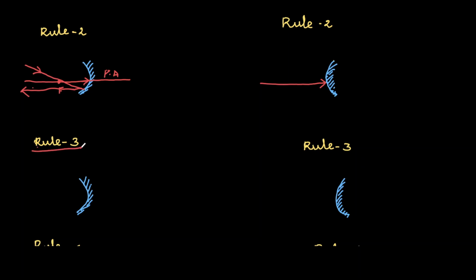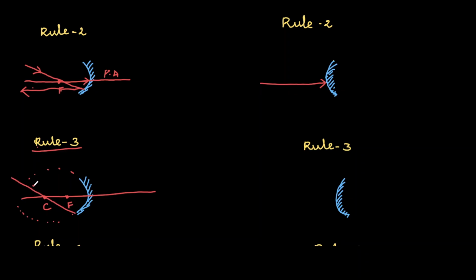Rule 3: when the light passes through the C, the center of curvature. Center of curvature means this mirror is taken from one whole sphere, so the center of that sphere is the center of curvature. When light passes through the center of curvature,